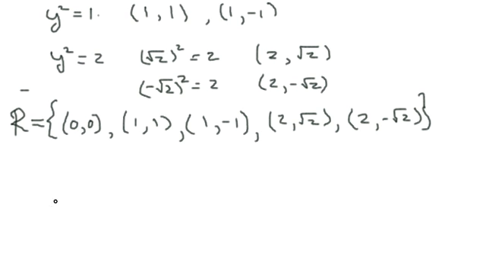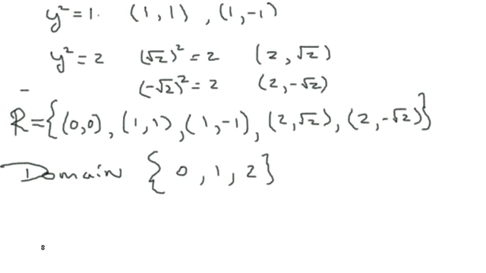But let's look at the domain here. So the domain, what's in the domain? Well, we defined the domain up here as 0, 1, and 2. But what is in the range? The range is going to be 0, 1,